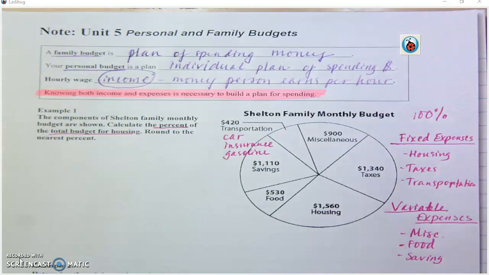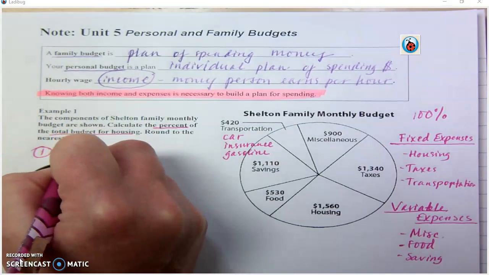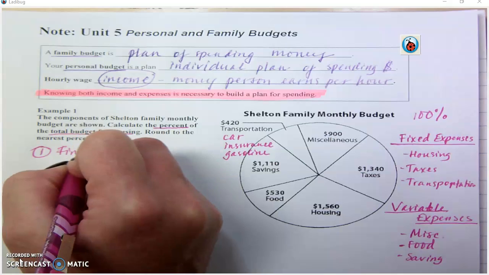So guys, we had this experience and type of questions before with circle graph. Before you can determine the percent of one of these sections, the housing, you need to know the total amount that they are earning, or spending, that is. So first of all, step number 1, guys, you need to find total